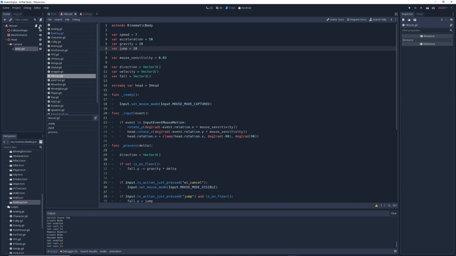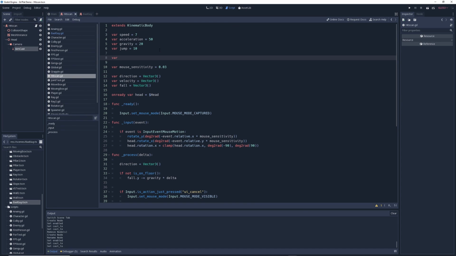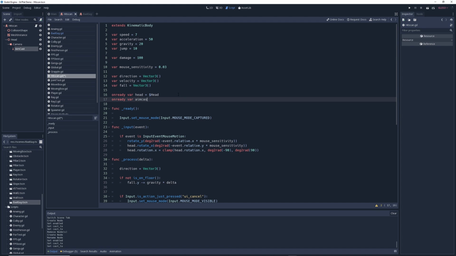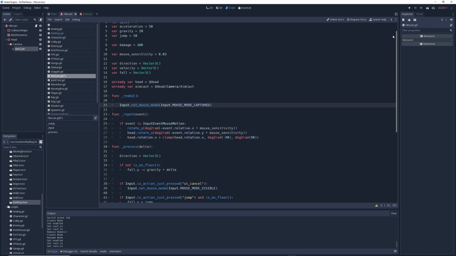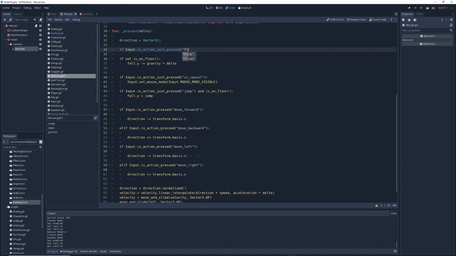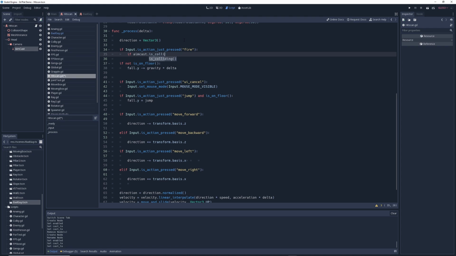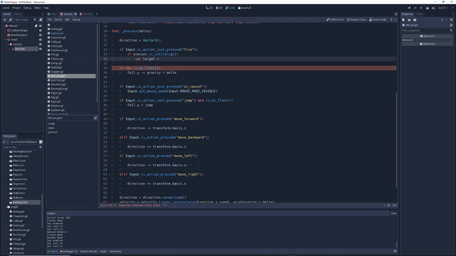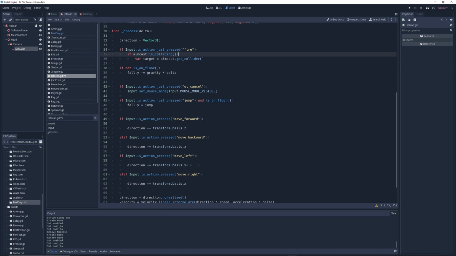Then in our script, we're going to add a few new variables. var damage = 100, and at the bottom write onready var aimcast = $head/camera/aimcast. Then we'll go down to our process function and write: if Input.is_action_just_pressed("fire"): if aimcast.is_colliding(): var target = aimcast.get_collider(). So when we press the fire button, if our aimcast raycast is colliding with something in the game,